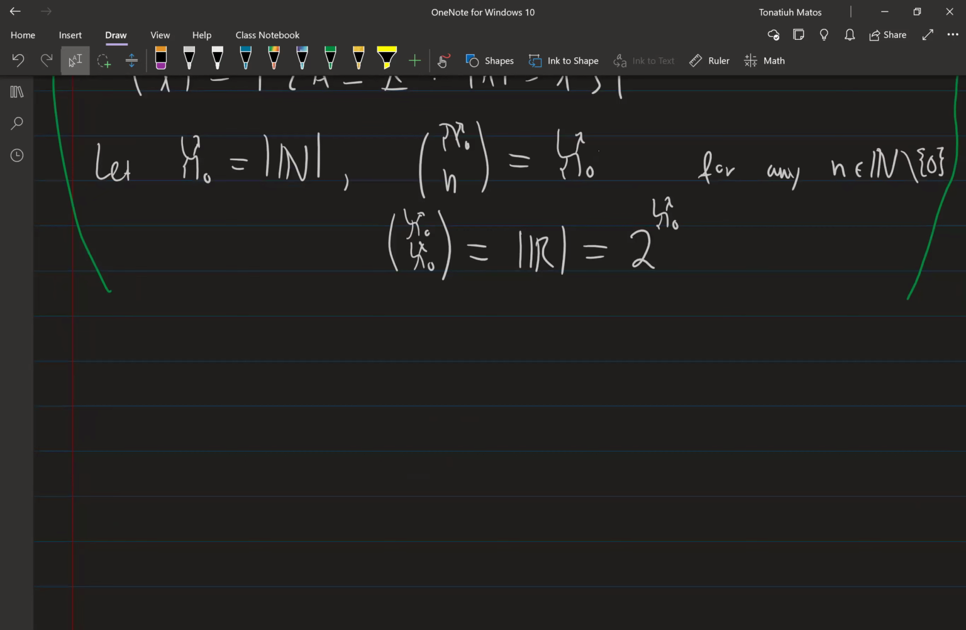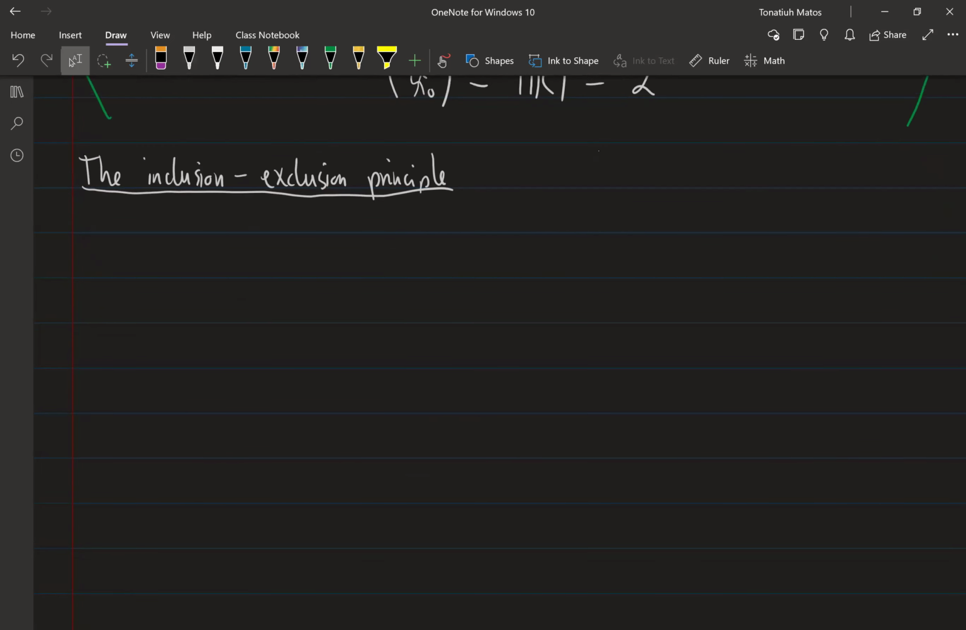So here's something else that I want to mention: the inclusion-exclusion principle. This is also one of those things that intuitively is very easy to prove. For this principle, I don't know if there is an infinite version. I haven't really thought about it. I don't think there is. So the idea is the following. We previously